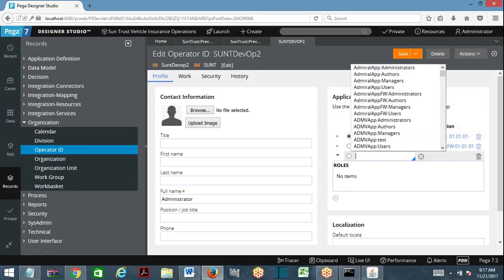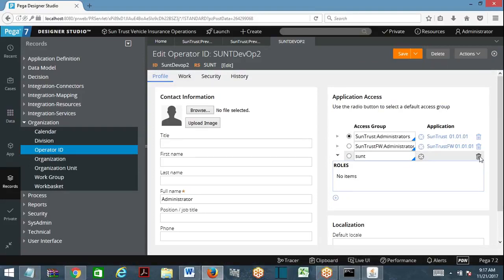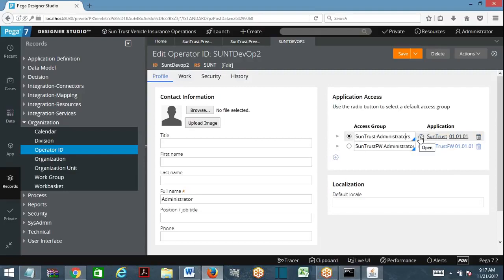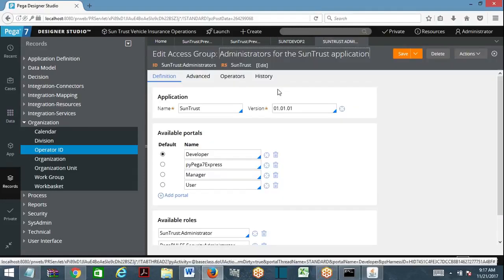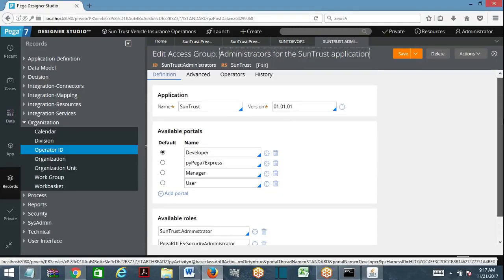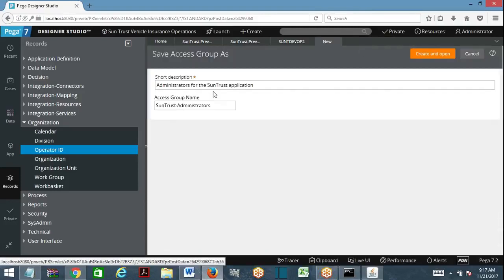What is the access group? Oh, I'm sorry. I'm going to open the existing access group. Okay, I'll create a new access group then. Role to object and access group also I'll create. So here you see, I'm going to create a new access group and add this because I do not want to disturb the existing application. This is called prevent activity, something like that. Training from admin only.